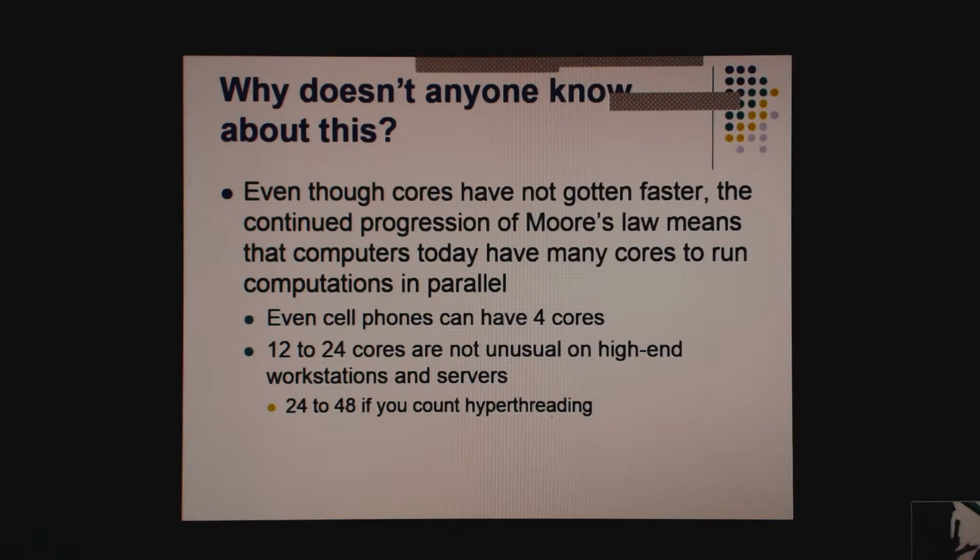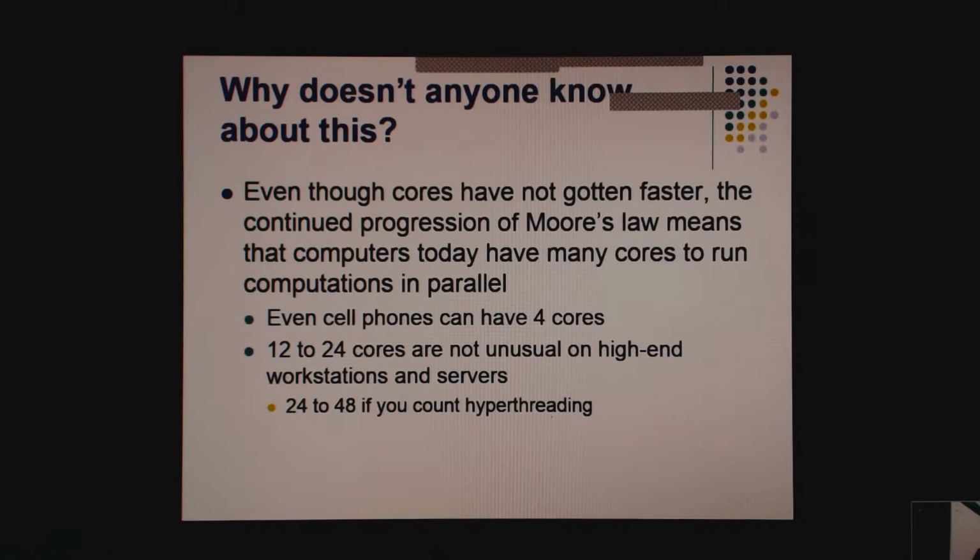So why isn't everybody sticking with their 10-year-old computers? Well, while individual cores have not really gotten faster, the continued progression of Moore's law means today's computers have many cores to run computations in parallel. This cell phone has 4 cores in it. My desktop computer at home has 20 cores.